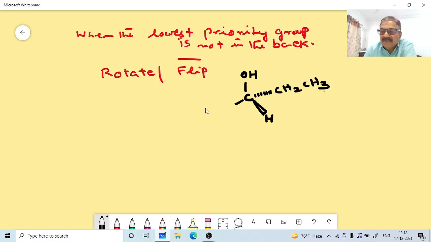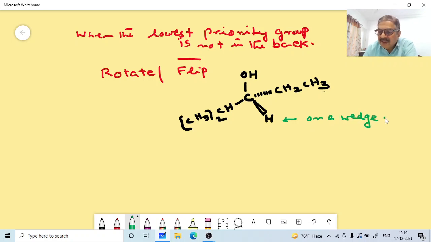So here we can have, say, CH. Okay, some molecule like this, if you are having it, CH3 twice CHC, this kind of a molecule if you imagine, then in this case, the lowest priority group, that is hydrogen, is oriented in front and not behind here. It is on a wedge, hydrogen on a wedge. This is the lowest priority group on a wedge, that is, it is oriented in front of the page and not behind here.